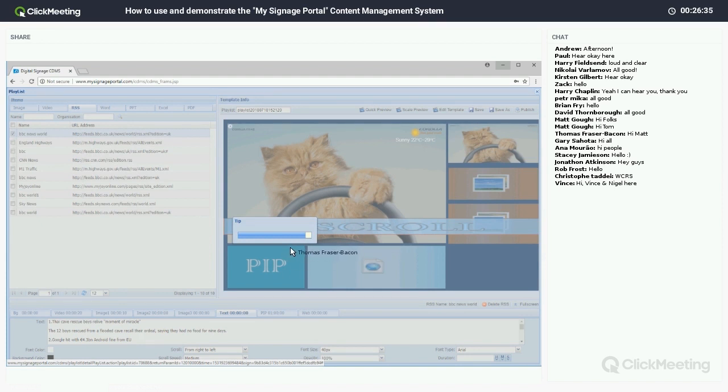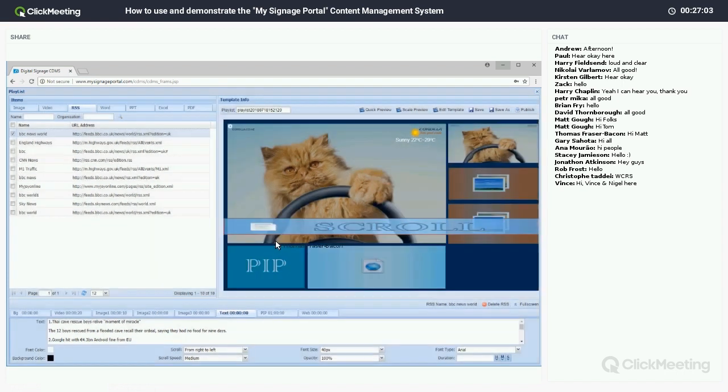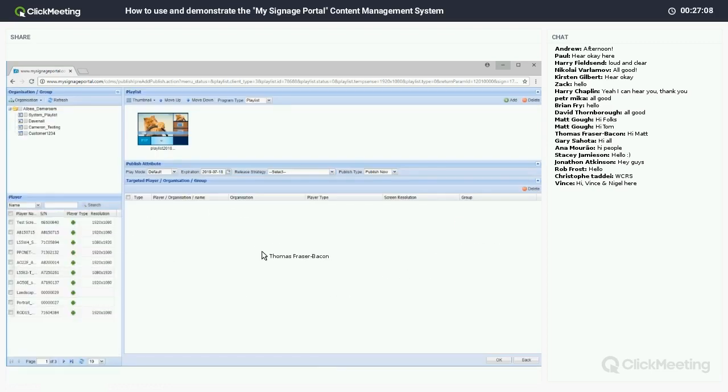Now, this time around, I'll be going into a little bit more detail on scheduling. So that's quite a common question. A lot of customers ask, how do you schedule certain things to display at certain times. I'll show you how easy it is, and regardless of what the scheduling requirements are, the system can meet those requirements. Okay, so that's just a message saying it's still saving, but even though it's been saved, you still need to publish essentially. So if I click OK from that and then click Publish,